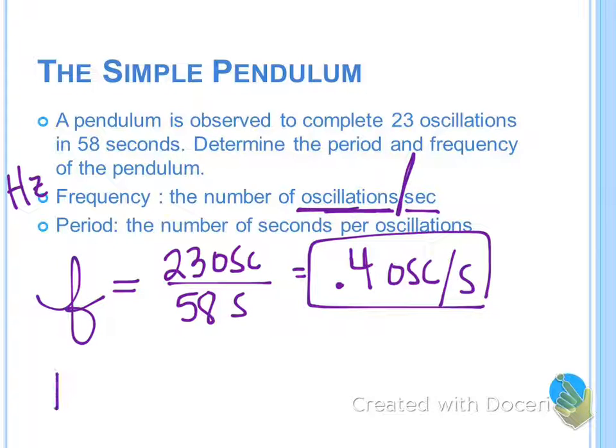When we solve for period, then what's going to change when we do this problem? We're going to flip them. The unit for period is seconds per oscillation. So we would say 58 seconds per 23 oscillations. And when we reduce that down, or do our division problem,